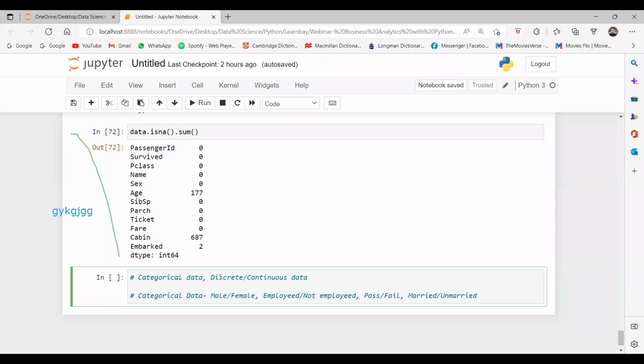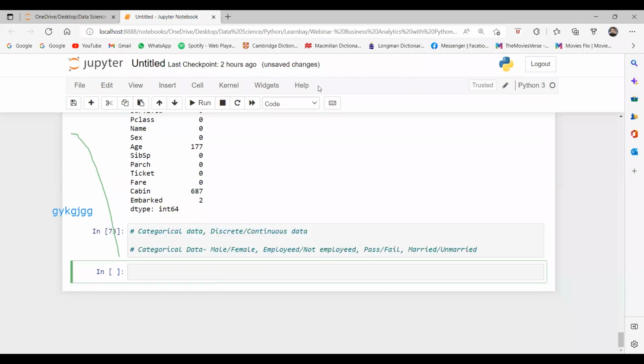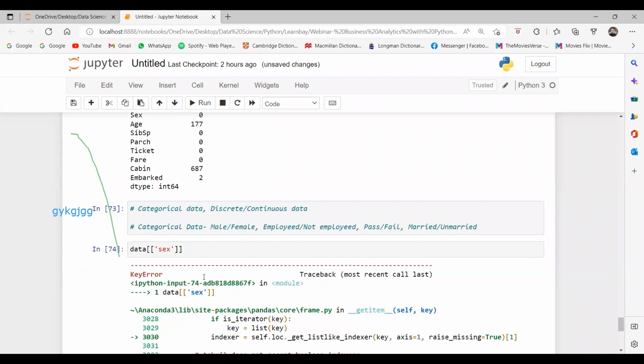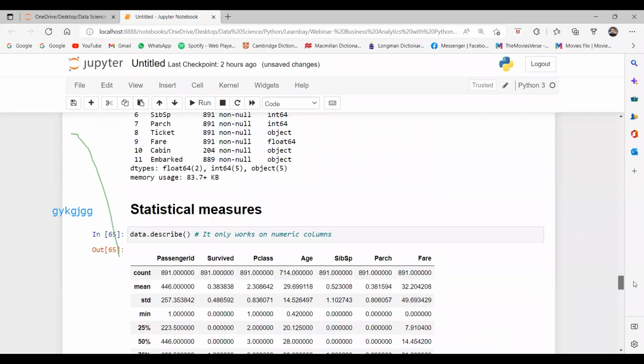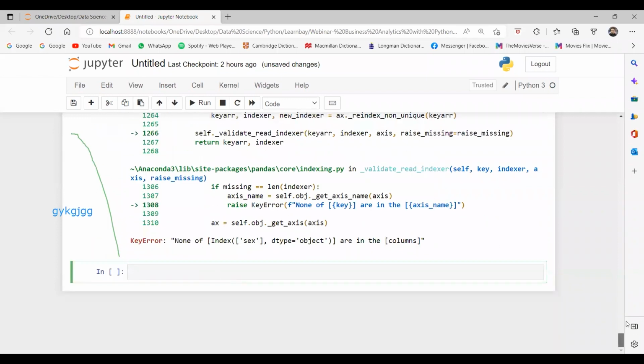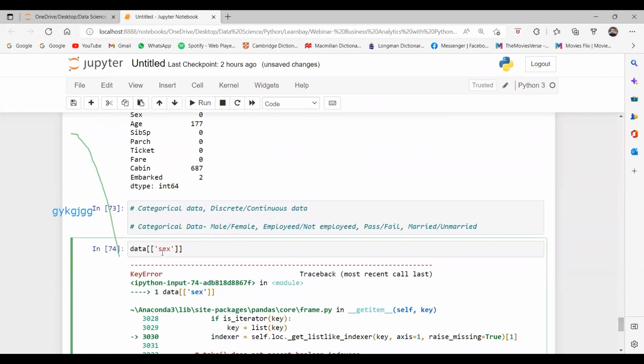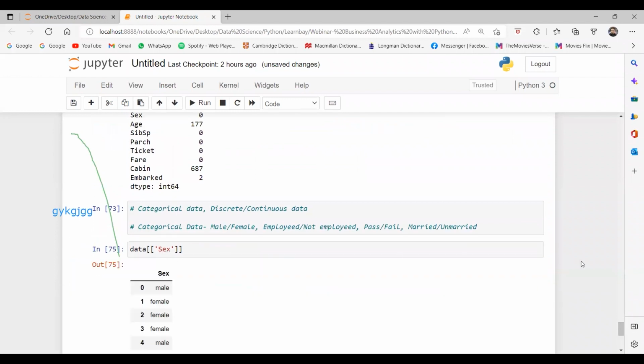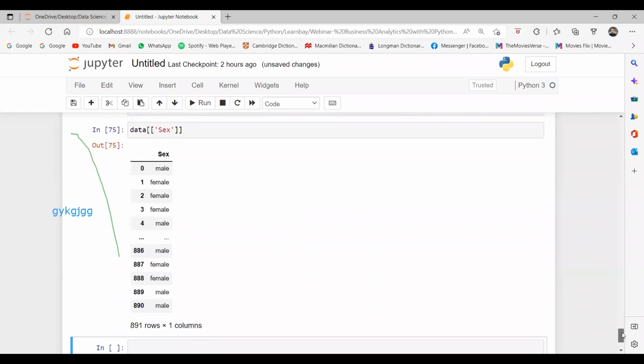Fine. When we have categorical data, we want to find out how many unique values a particular column may have. For example, I want to select data and here I want to say sex, with a capital S. So this is how we can get a particular column.